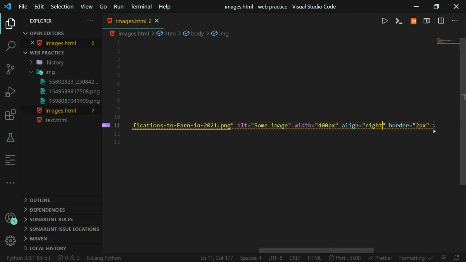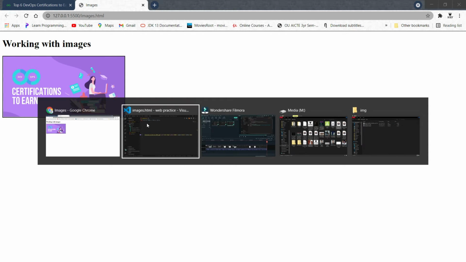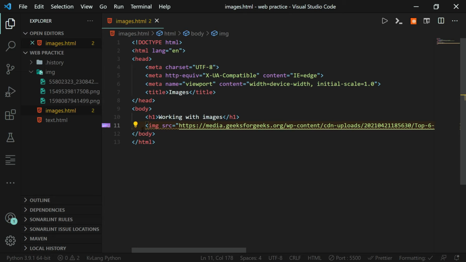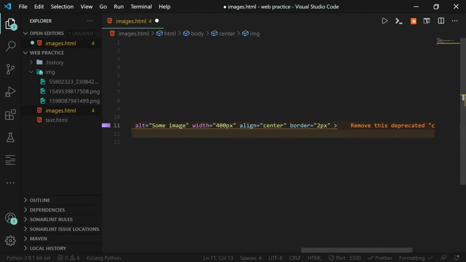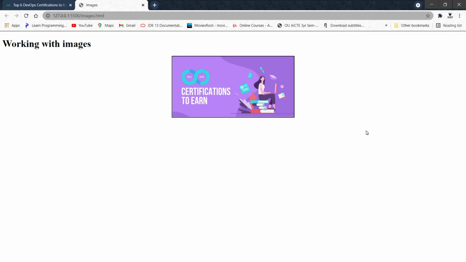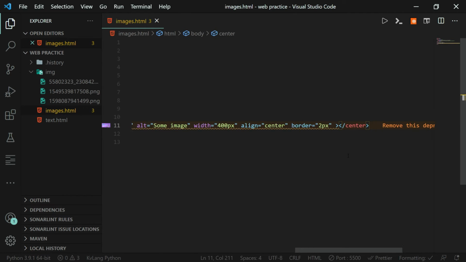Let's see if we can get this in center. Center. Okay, no, so we can't get the image in center. I think we have to use the center tag. Center. Yeah, so the image can't be aligned to center.